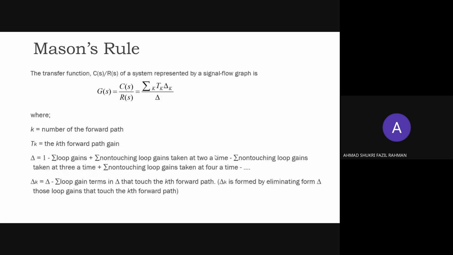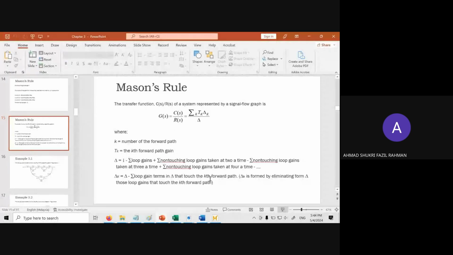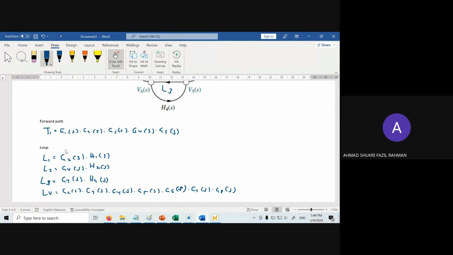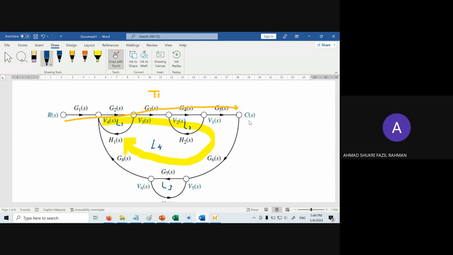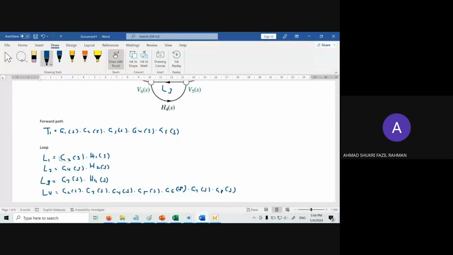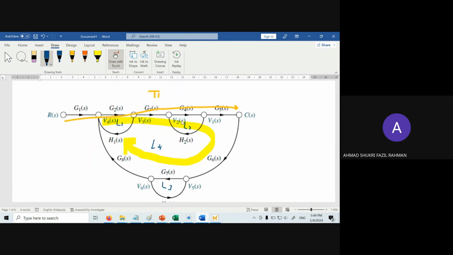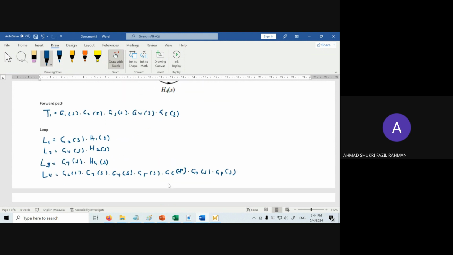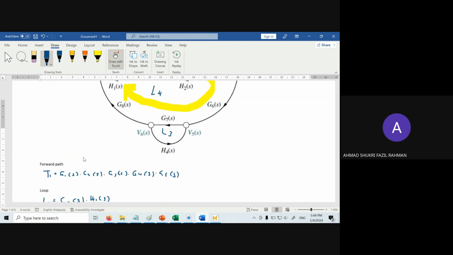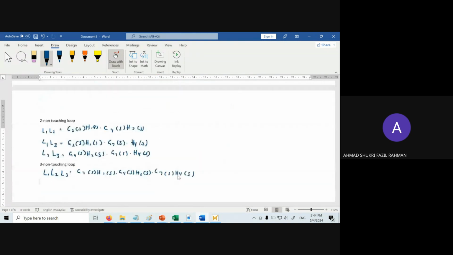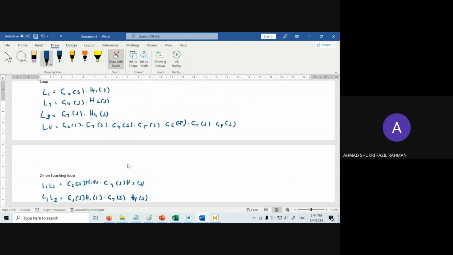And then, okay, we go back. So that's why you need to follow the step shown here. Okay, better you start with forward path. Okay, kenapa pasti loop forward path, and then you go for loop, single loop. This one, single loop. Okay, so from here you can see single loop 1, 2, 3, 4. And then from here you identify two non-touching loop between here, and also here, and also here. Two non-touching loop. And then find three non-touching loop.